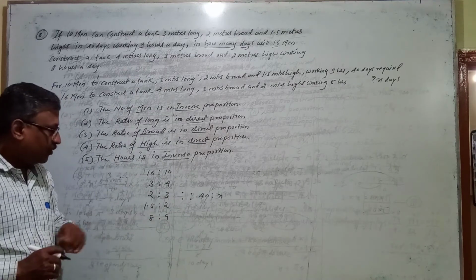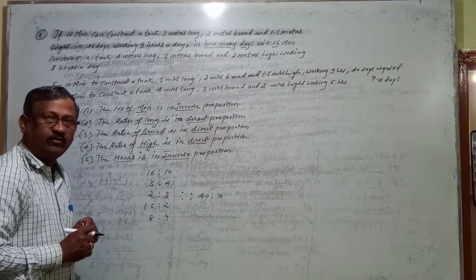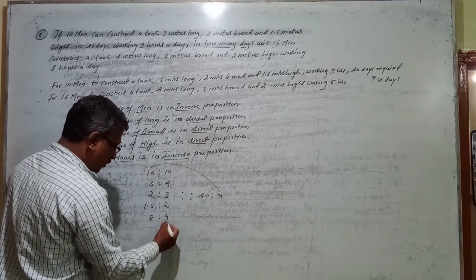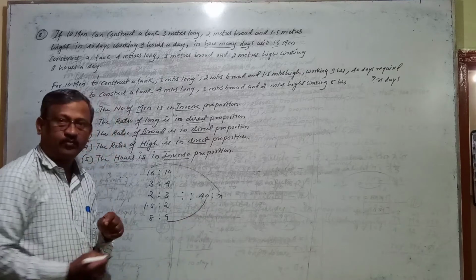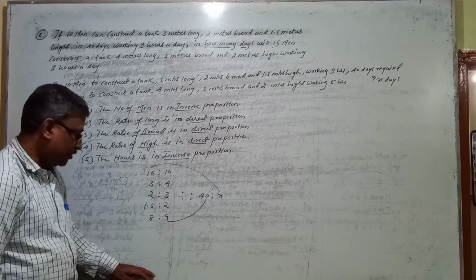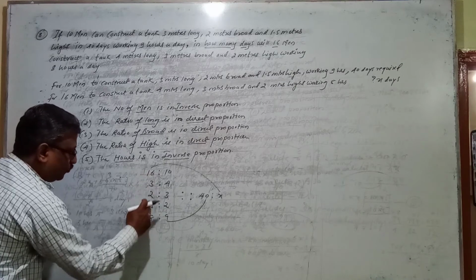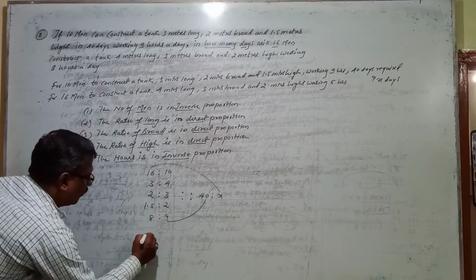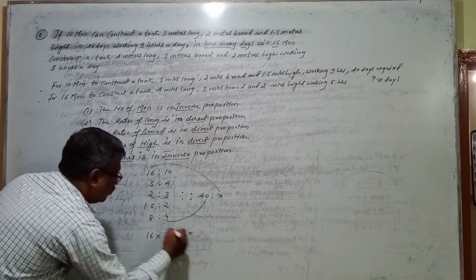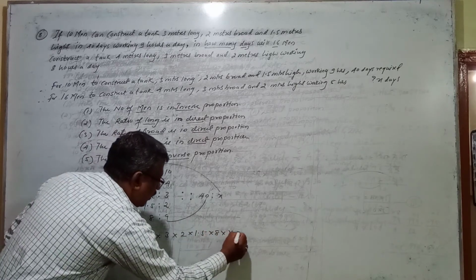Now what do I want? I want the x value. I have to calculate the x value. To calculate the x value, what do you have to do? You have to use the rule of proportion. What the rule says: in proportion, the product of extremes is equal to the product of means. So multiply the extremes on one side and the means on the other side. These extremes are 16, 3, 2, 1.5, 8 and x. So write that: 16 into 3, into 2, into 1.5, into 8, into